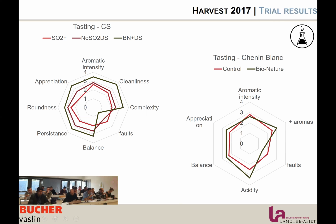We did the same in Chenin Blanc, and you can see more or less the same result. We have better appreciation with the Bio Nature, more aromas, less fault, and more balanced acidity. So in terms of analysis, just to let you know, the tank with sulfur was having much more sulfur, and the tank with no sulfur and Excellence DS, the tank with Bio Nature and Excellence DS, or the tank with sulfur, were having the same VA and bacteria load